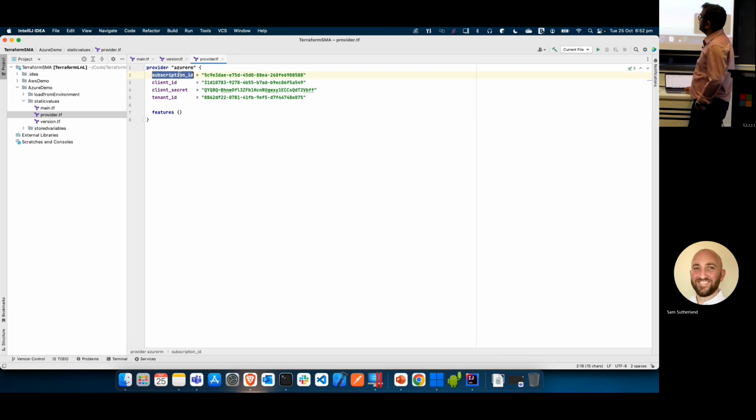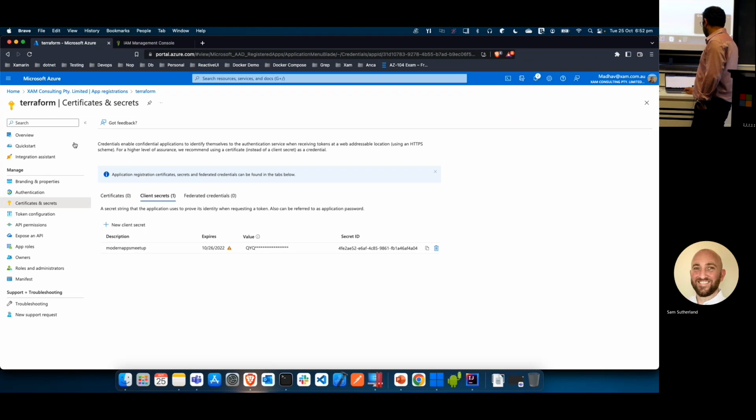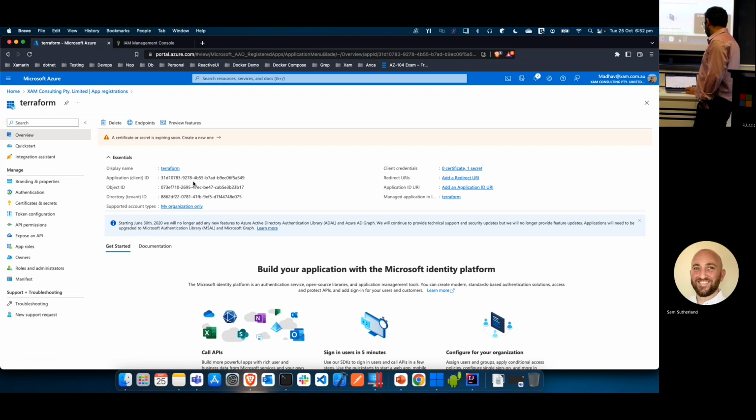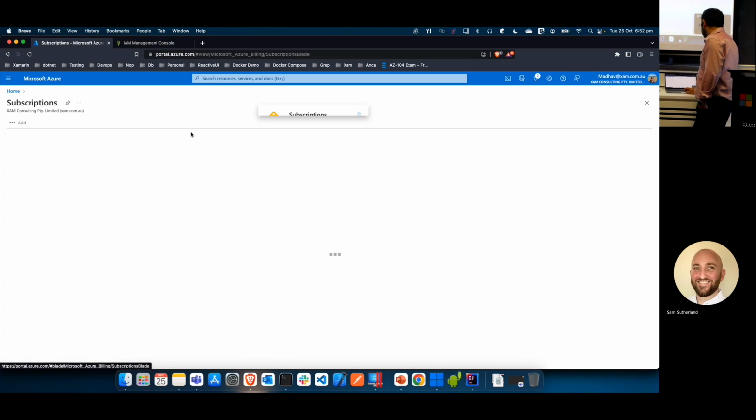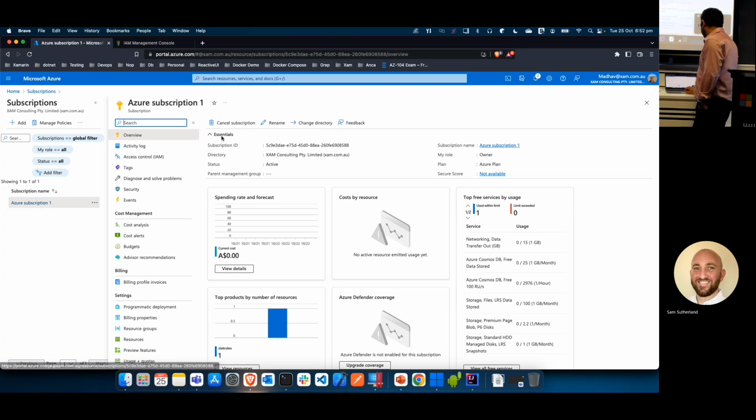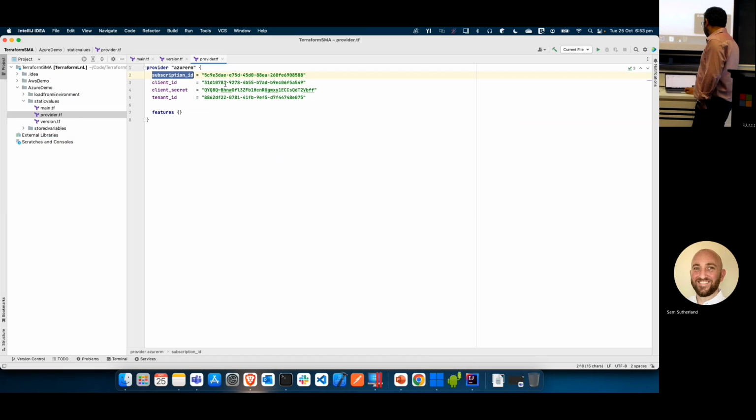We have the subscription ID. You can get it from your subscriptions; you have your subscription ID over here. And this is the client secret that I was talking about. The client ID is the ID for your app registration. So if I go back,